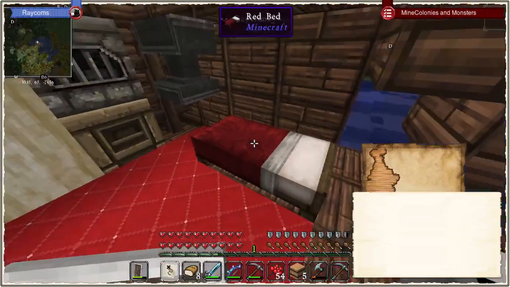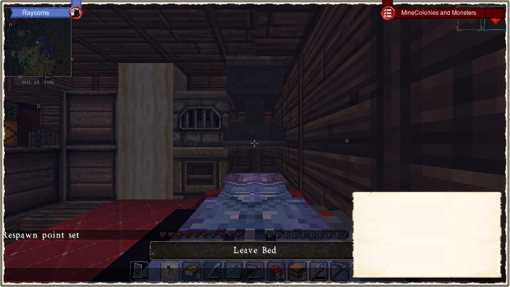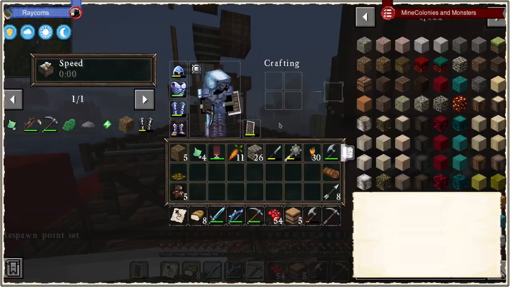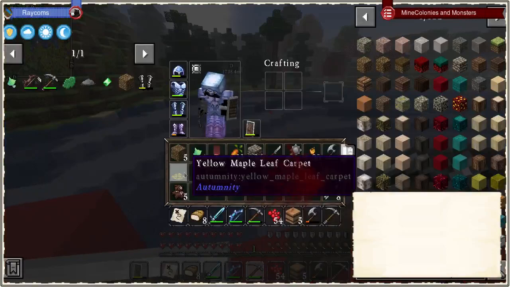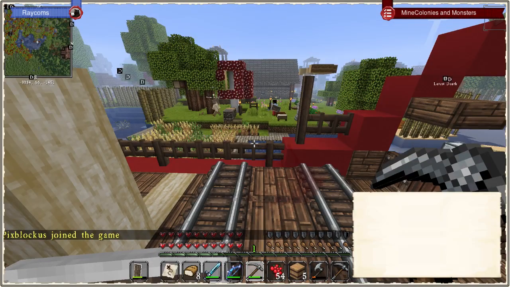So I gotta do a quick nap. So I got now an infinite bow, which is pretty epic. Ow. Throwing this down. So we are planning on making relatively soon a similar pack